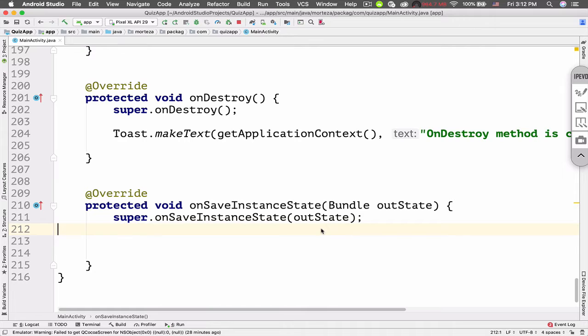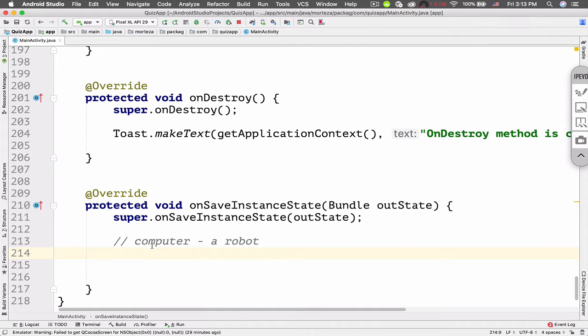And in order to save the data to the bundle, we need to use key value pairs. It's just like a dictionary. For example, in the dictionary, you search for the meaning of the word computer, right? And then it's going to give you the value or the meaning of this word, for example, a robot, right? So this is the key, computer, that you search, and it's going to give you the value, a robot, as the definition of this word. So the format that we are going to use here in order to save the data to the bundle is